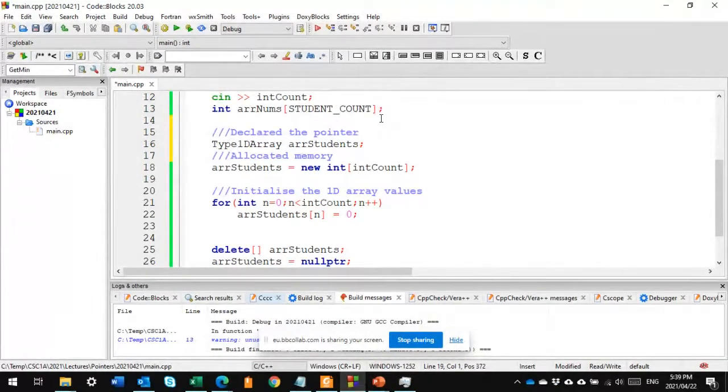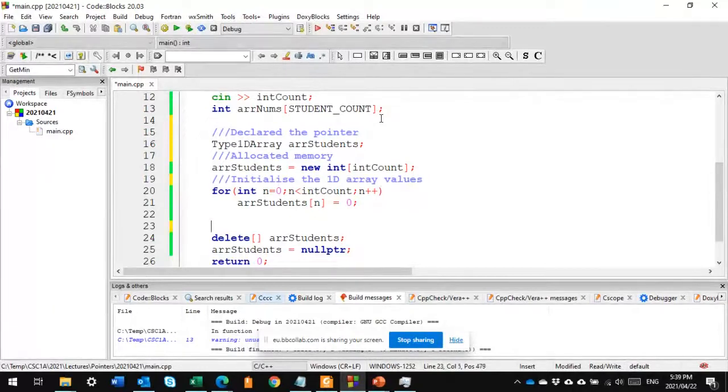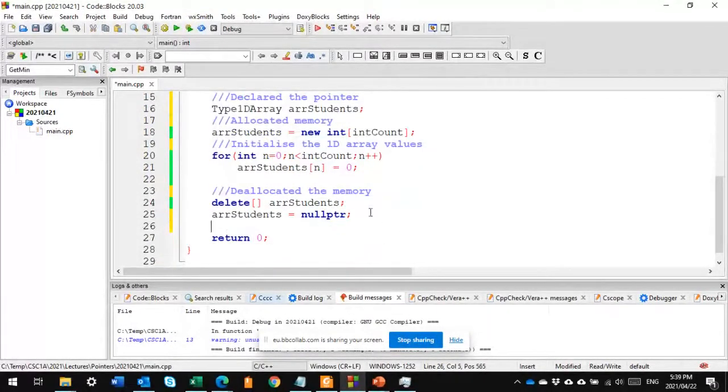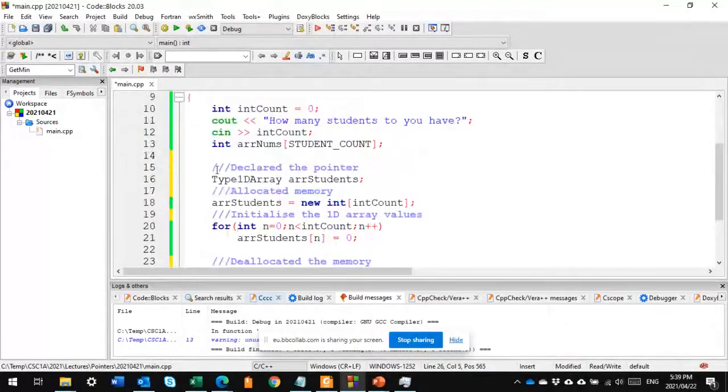Here we allocated, here we initialized, and here we deallocated the memory. So those are the 4 things that you are always going to have to do when we work with dynamic arrays. You are going to declare, allocate, initialize, and